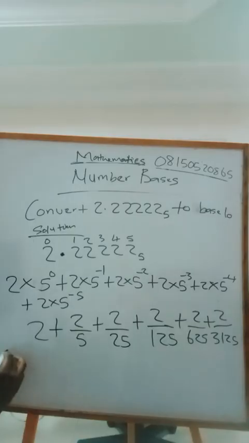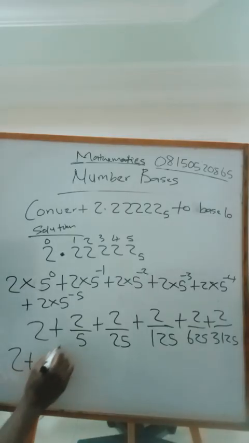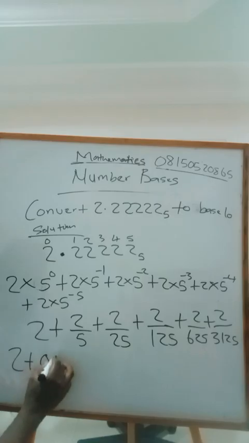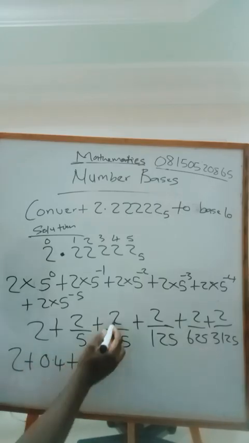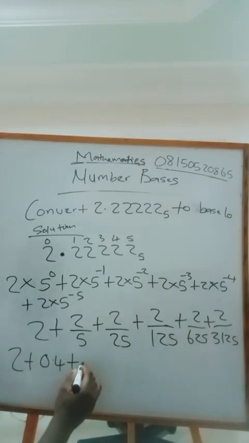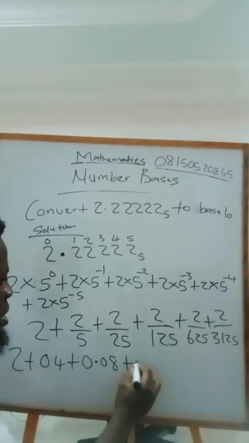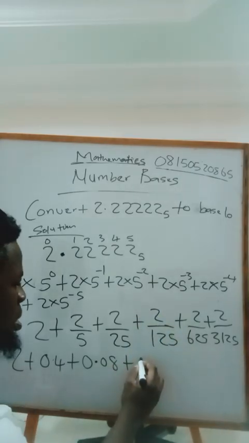So in the long run, we have 2 plus 2 divided by 5, that will give us 0.4, plus 2 divided by 25, that will give us 0.08, plus this should give us